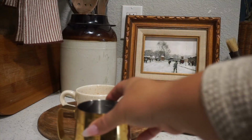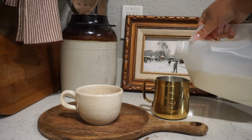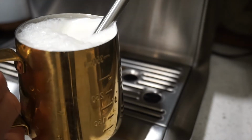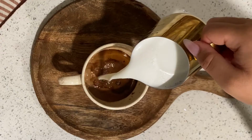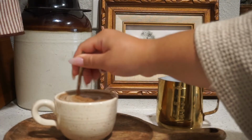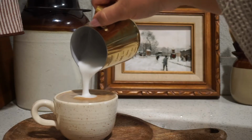Right now I am making a hot cocoa latte, which is so delicious, and we have been loving that. We just do some hot cocoa powder, some steamed milk, espresso shot, a double shot, stir it up, do a little bit of frothed foam on top, hot cocoa powder, and some marshmallows. I don't do marshmallows very often. This is just more for every now and then, but